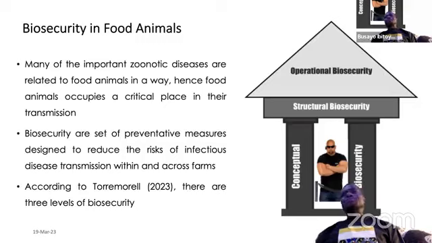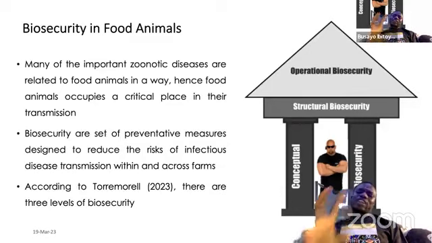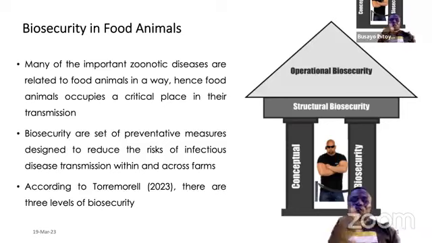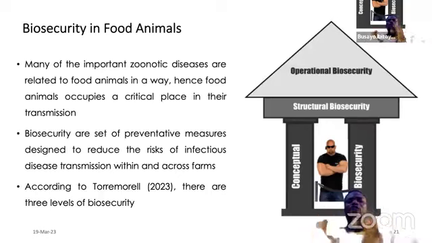talks about the location of the farm. We all know that to maintain good biosecurity and prevent animals from getting infected with pathogens, we need to site the animal farm appropriately. You don't locate an animal farm close to other farms. You don't locate it close to a main road. You don't locate it close to a dumping site. You don't locate it close to an abattoir or effluent from an abattoir. So all these things need to be looked into while siting a farm,